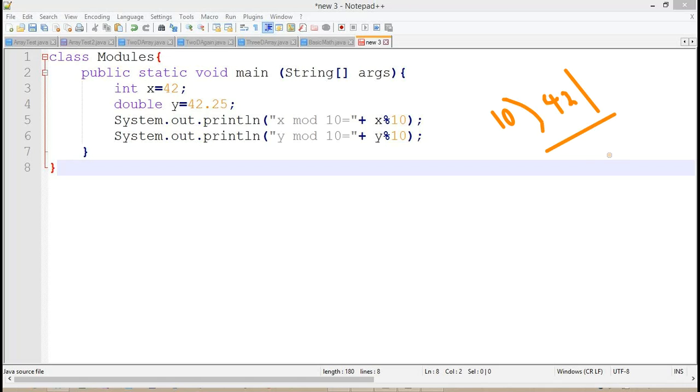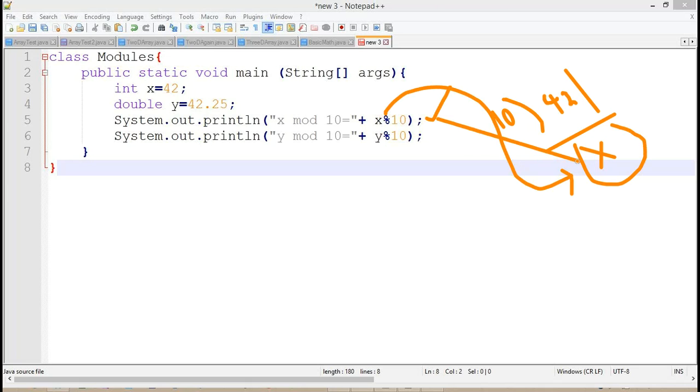So the value we are going to get here is computed by the modulus operator, right? The println method is going to return whatever value we have there. This is also the same, but the only difference is 42.25.